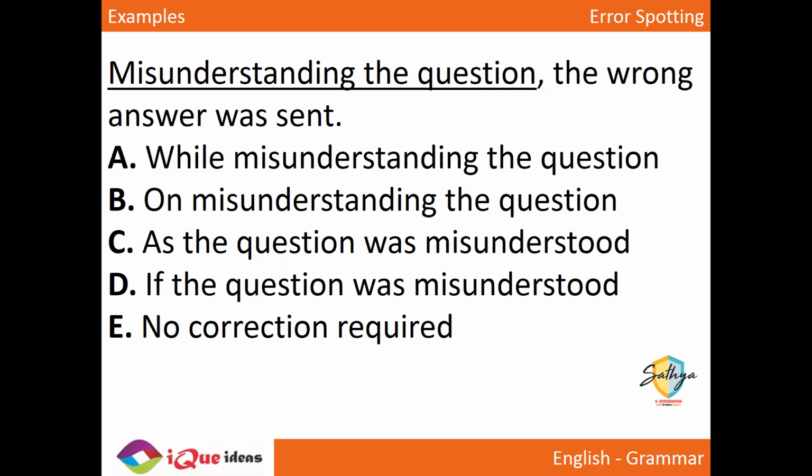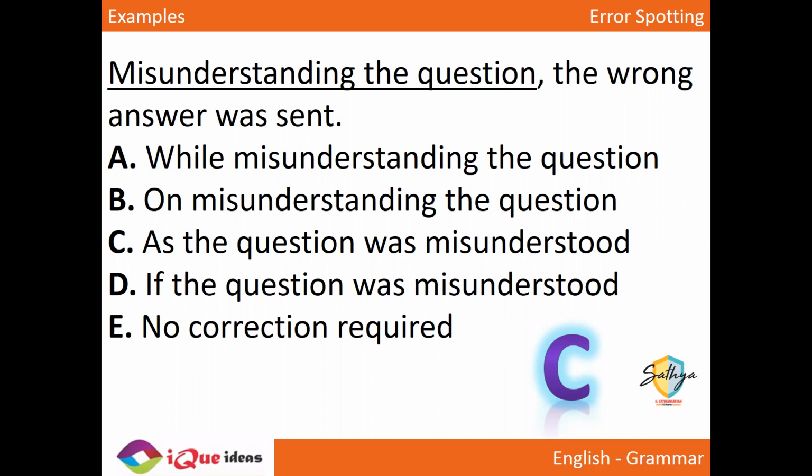Majority of us getting this right. Simple. As the question was misunderstood, the wrong answer was sent. Right? Because see, misunderstanding the question में ing form of the verb है, लेकिन second part में was sent है, and we know when multiple verbs are used, then all the verbs must be in the same grammatical form, verb tense form same होना चाहिए, and we know that was sent correct hai